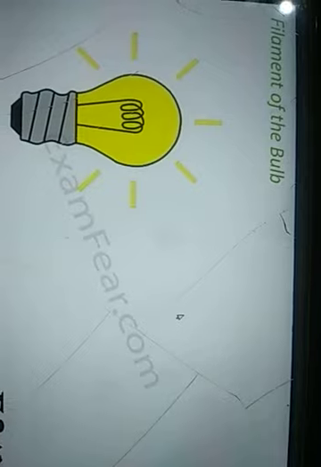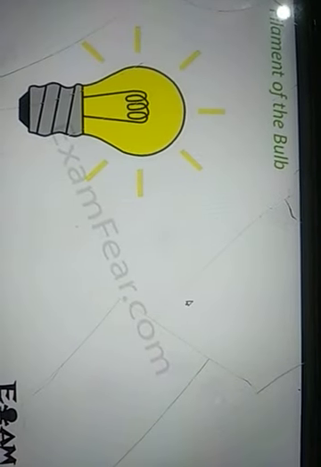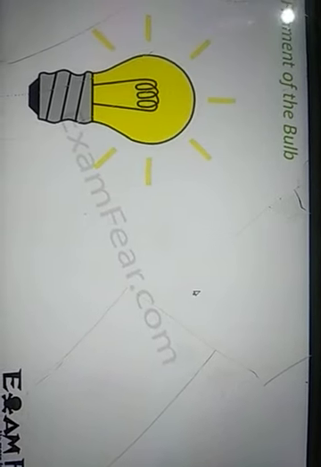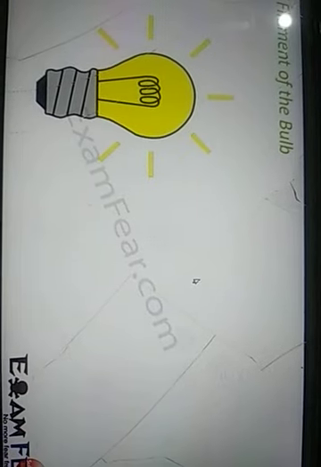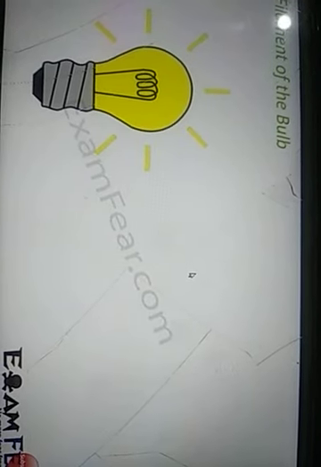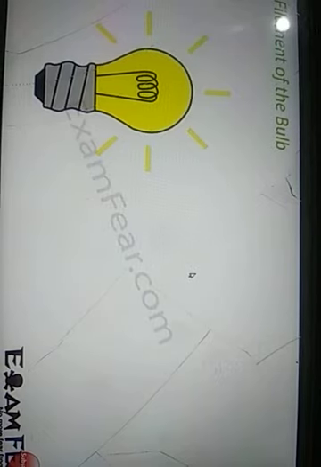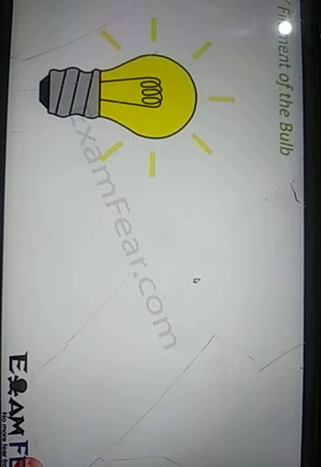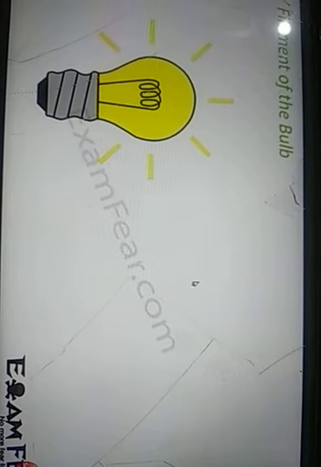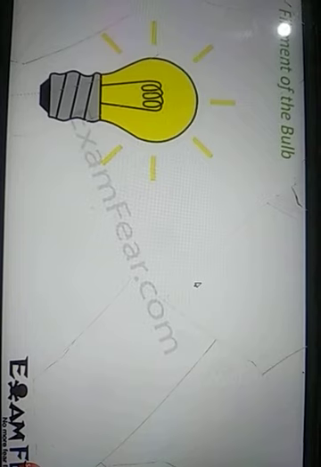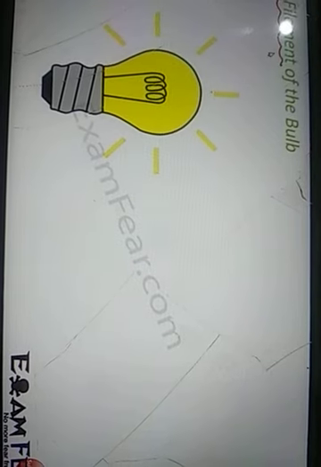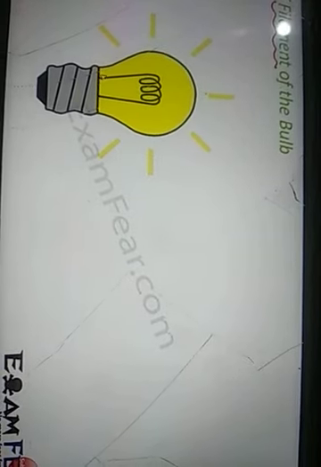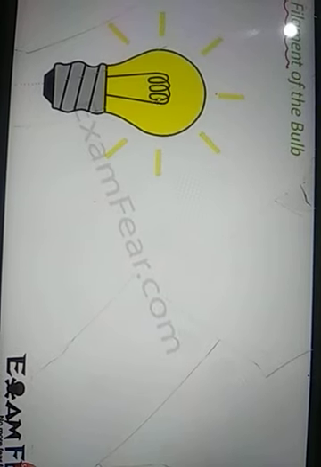Let us now talk about yet another interesting fact. Since current flows through the circuit, that is why the bulb glows. Now, what is it in the bulb that makes it glow? What is it that creates so much light? That important part of the bulb is the filament. It is actually a thin wire which glows when current passes through it. So just try to observe the bulb. You will see a wire like this inside the bulb.